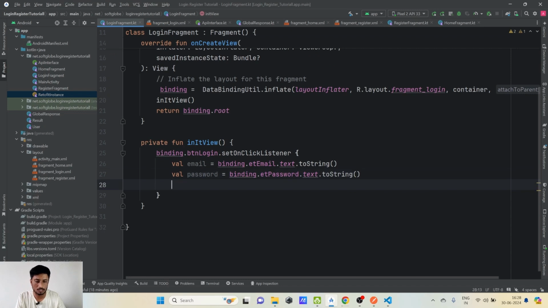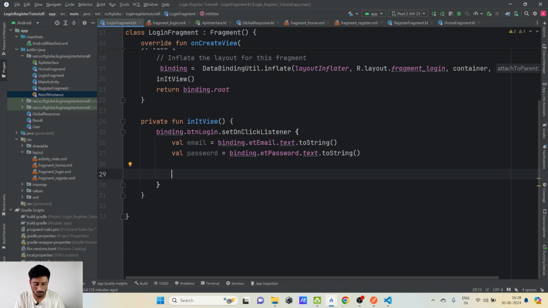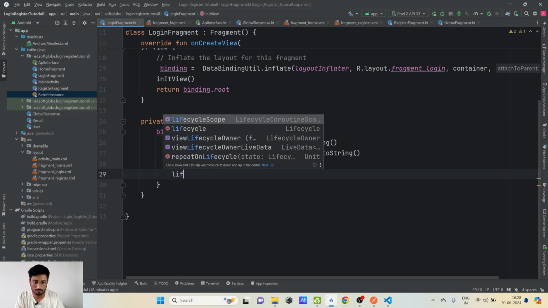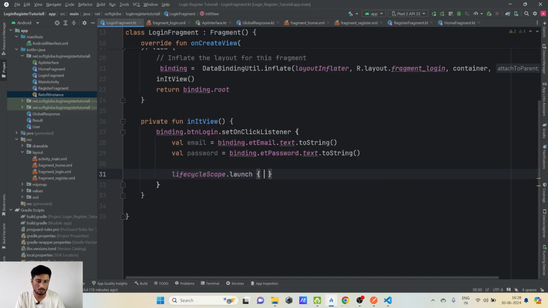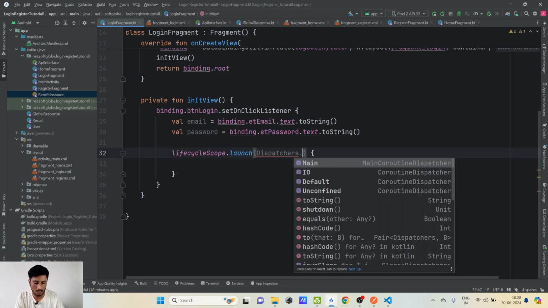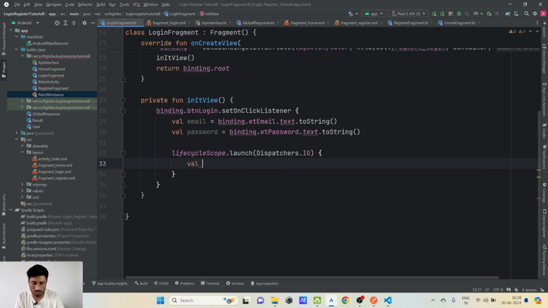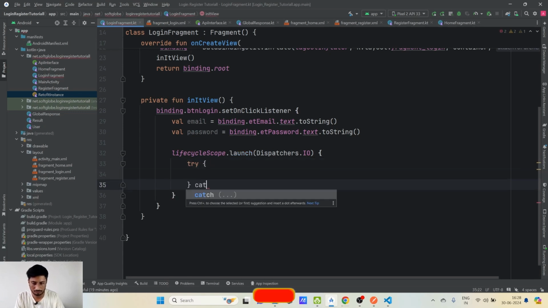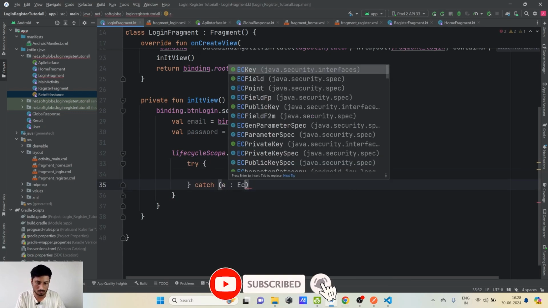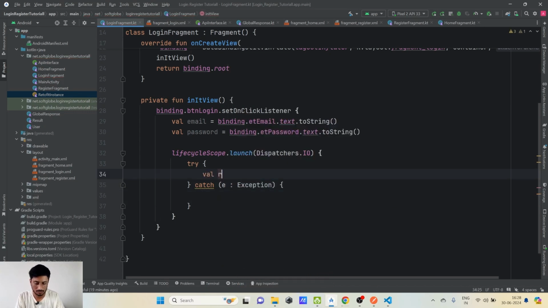Now we have email and password, and we have enough data in order to send the login request. So we cannot send the request directly. Instead, we need to use coroutines. For this, lifecycleScope.launch, I am launching one coroutine with the lifecycleScope and with the dispatcher as IO, because this is an IO operation. And we'll first put it in a try catch block, catch exception, val result